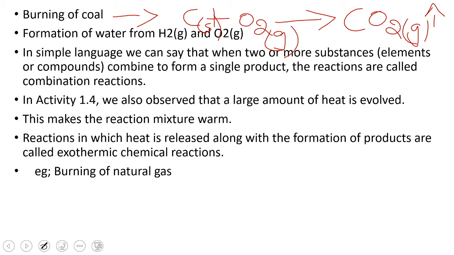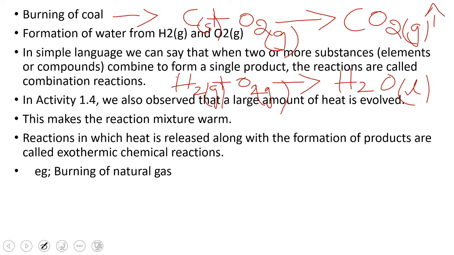And we have the formation of water from hydrogen and oxygen. Here I will write H2 plus O2 gives rise to H2O. These two are gases and this is a liquid. These are the physical states of reactants and products, but this is not a balanced equation, because on the reactant side we have two hydrogens and two oxygens, but on the product side we have only one oxygen. So we have to balance the equation. I will write 2 here because two oxygens are there. So I wrote 2 here.